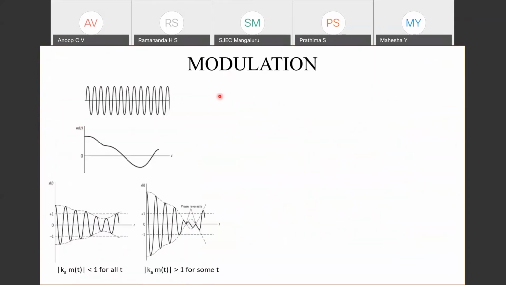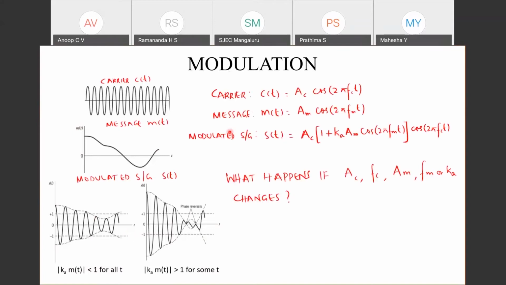So even though modulation is a part of electronics and communication engineering, I would like to view it as visualizing a complicated trigonometric expression. I think in most domains such expressions will be there. So normally what we used to do is use chalk and talk. I used to write: this is the carrier, this is m of t, so this is the s of t.